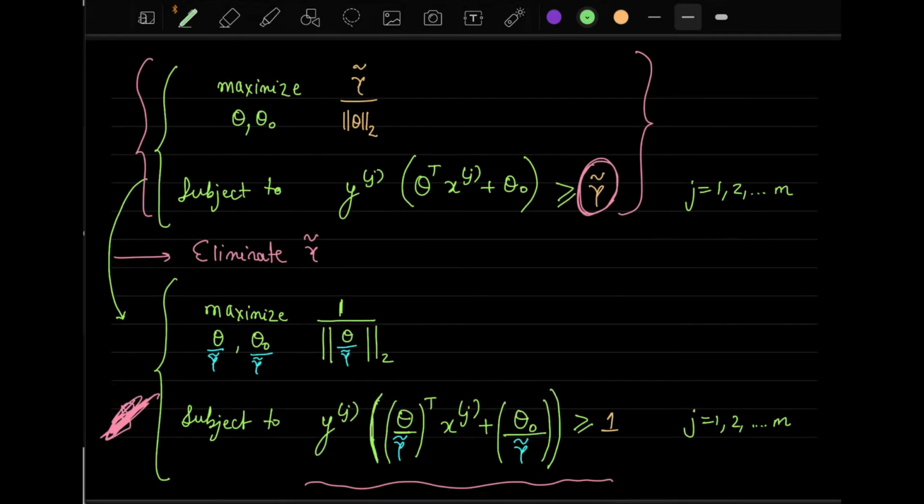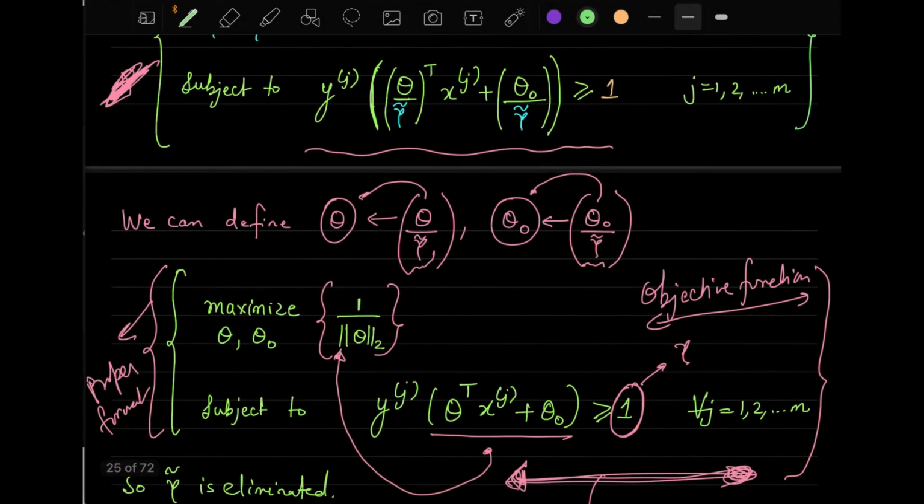Okay, so today we will be going further from the step which we had done last time. In this slide, what we did was we eliminated the gamma tilde which was available here. Once we eliminated this, we got something like this, and now we will see how we can move further from here.